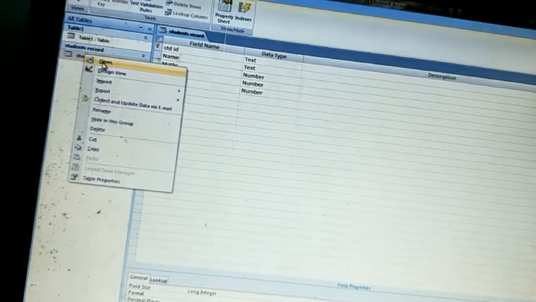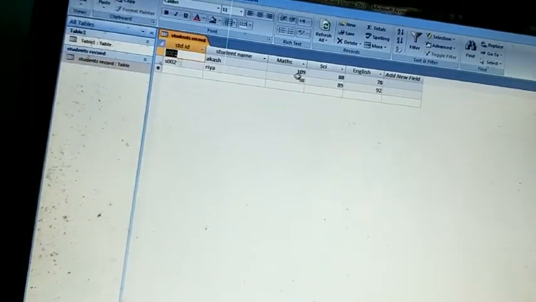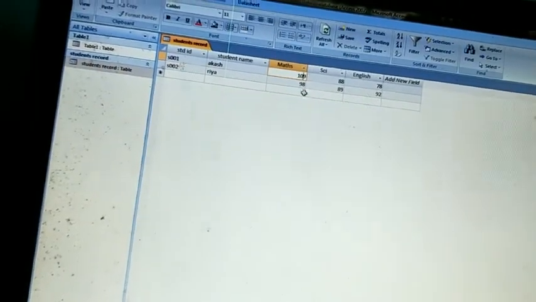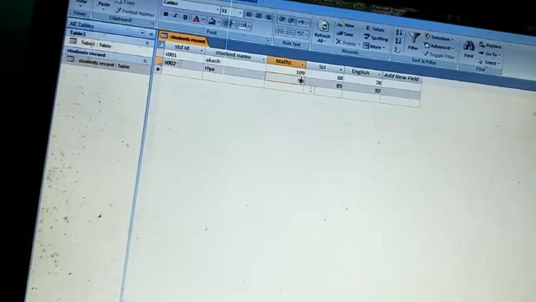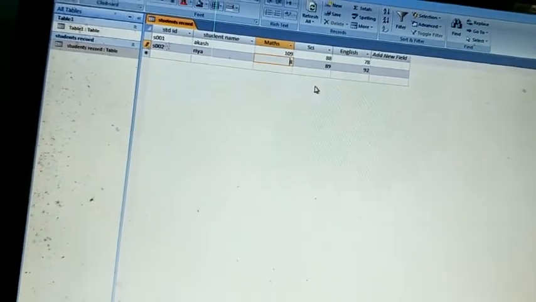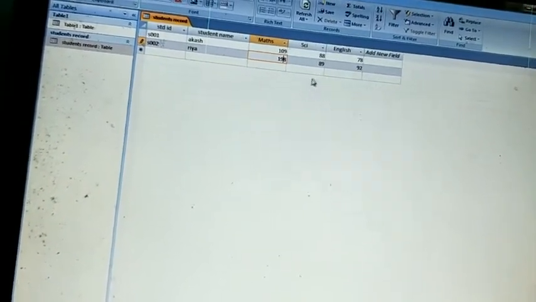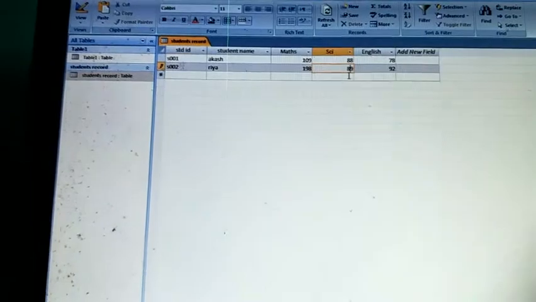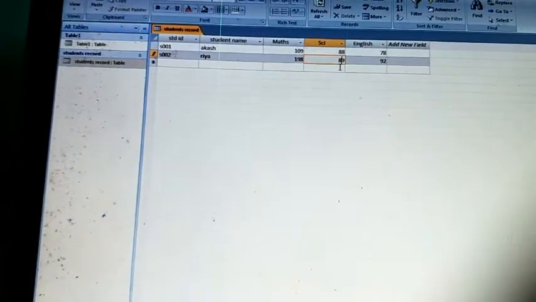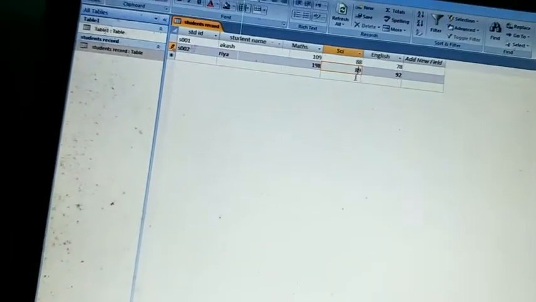Right click on it, open it here and add the marks 109 and 198. Both marks were accepted. Why? Because there is no validation rule. So anyone can enter more than 100 marks by mistake.